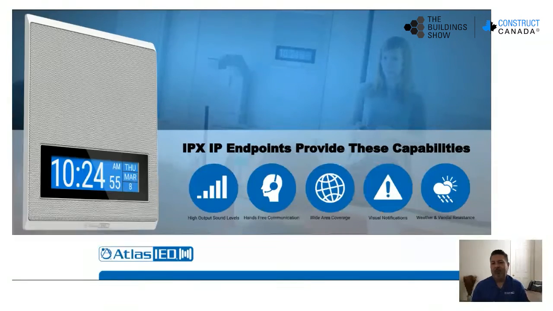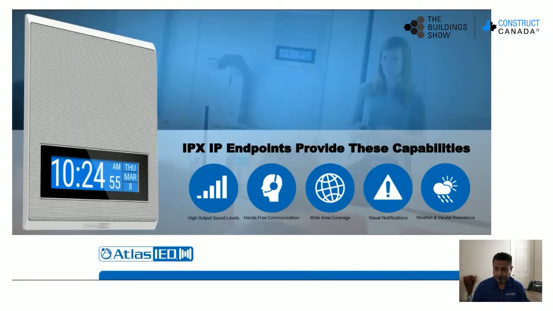This is one of several use cases where we see clients using IP endpoints to maximize the different types of communication in the school. Because you have the ability to visually see and hear any type of critical alerts, it is a product that is ideal for mass communication needs, sitting on top of your unified communication ecosystem, so that clients don't have to look at alternative or third-party controllers or head-ends to facilitate the same type of critical alert needs.